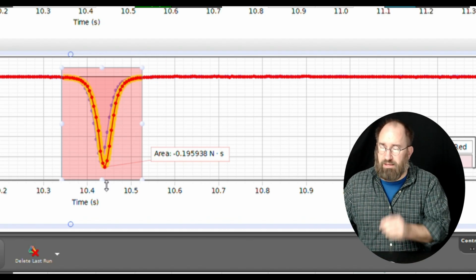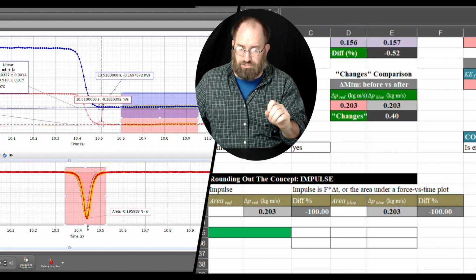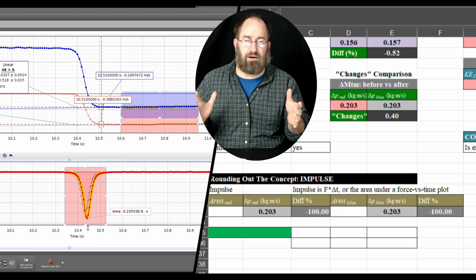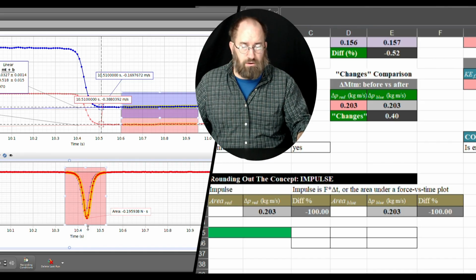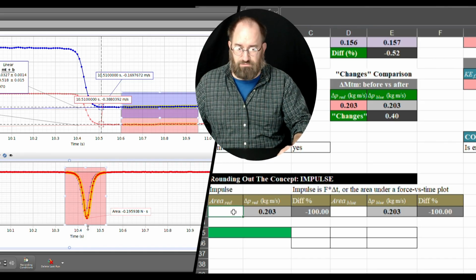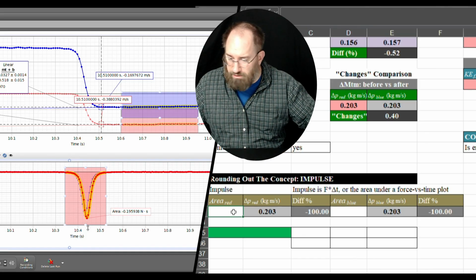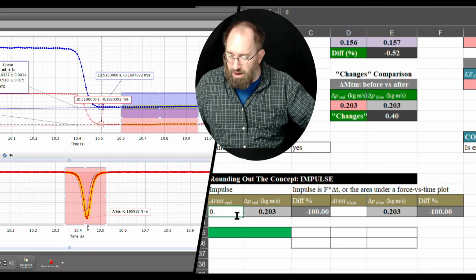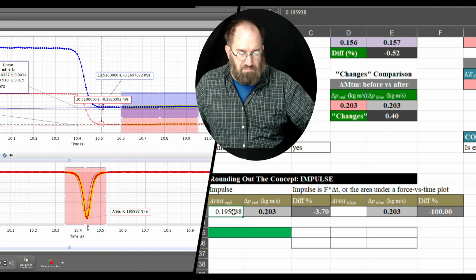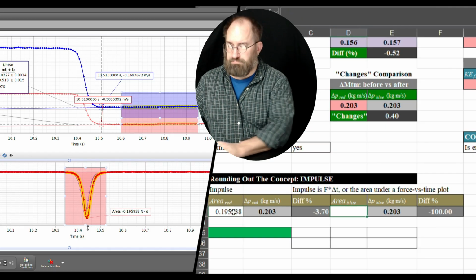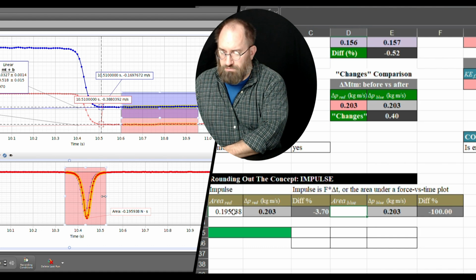Now, during the entirety of the collision, the duration, the force during that time, well, not the net force, we're going to use the positive, absolute value: 195,938, and that's in good agreement. And then we can move this out of the way